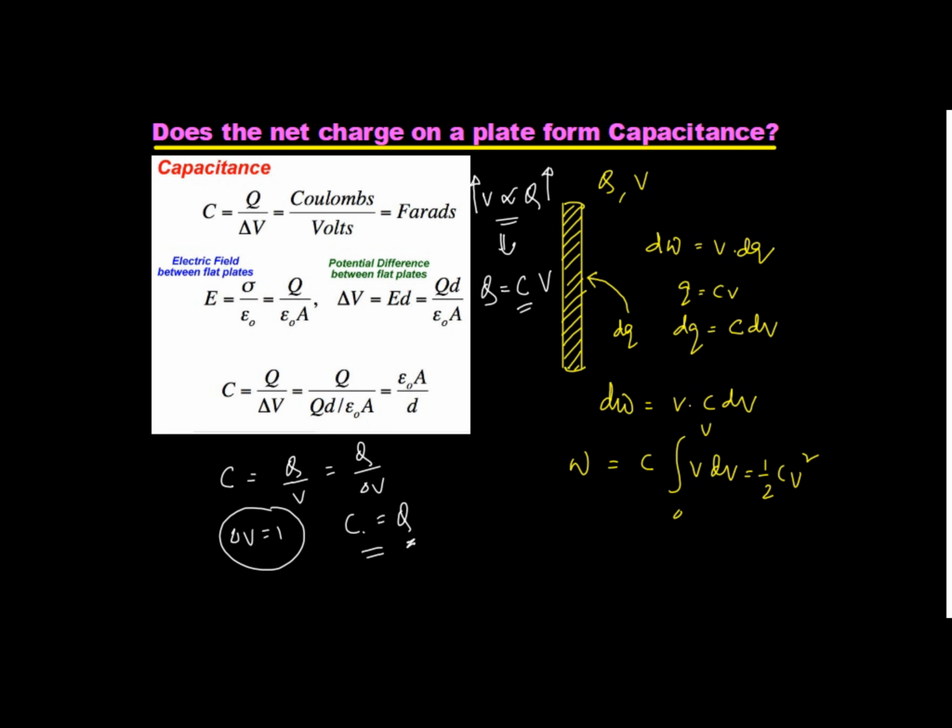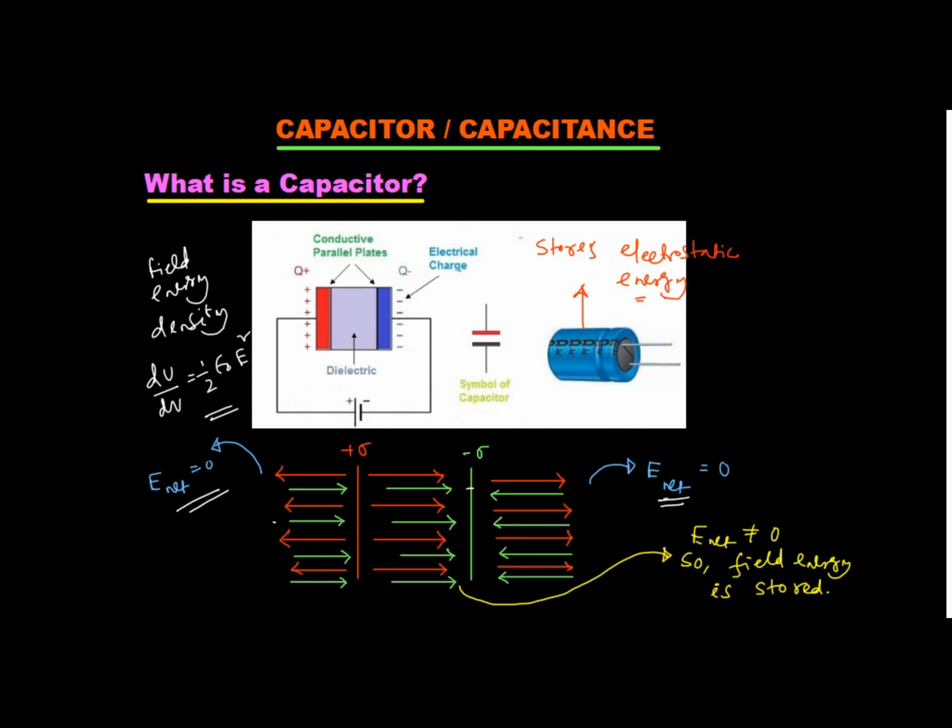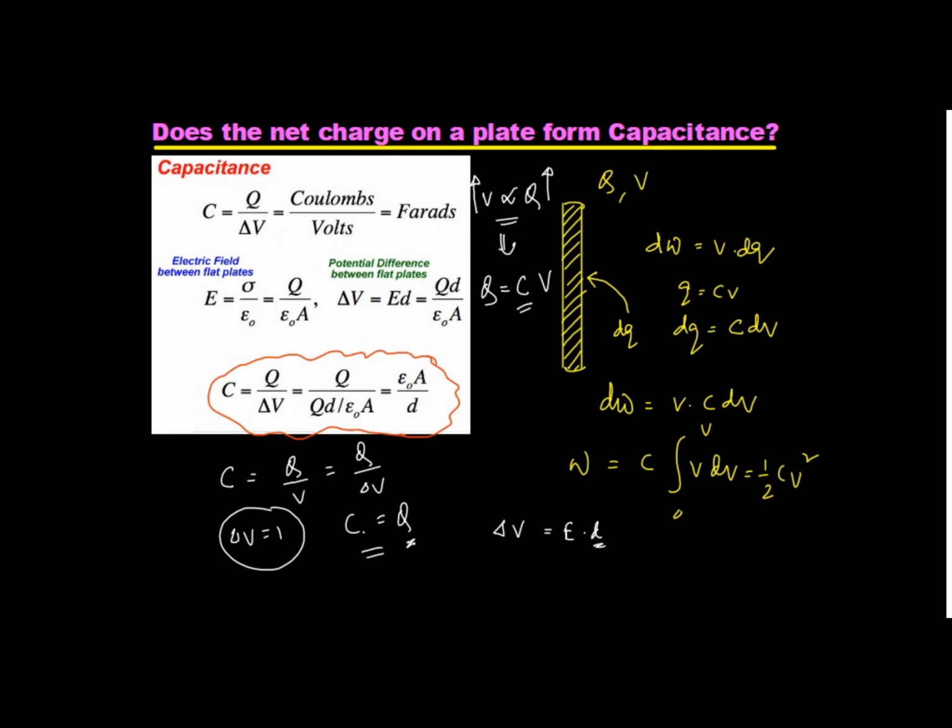And we all know that the potential difference delta V is equal to E into d, where d is the distance. So if I substitute for a parallel plate, the capacitance value, you will have this. It's a very simple calculation in front of your screen. And we know that in between these two conducting plates the field will be sigma by epsilon naught, because due to a single plate the field is sigma by 2 epsilon naught. For a positive plate, the field will be radially outward. This is the positive plate. For a negative plate, it will be radially inward, and for that also the field is sigma by 2 epsilon naught.